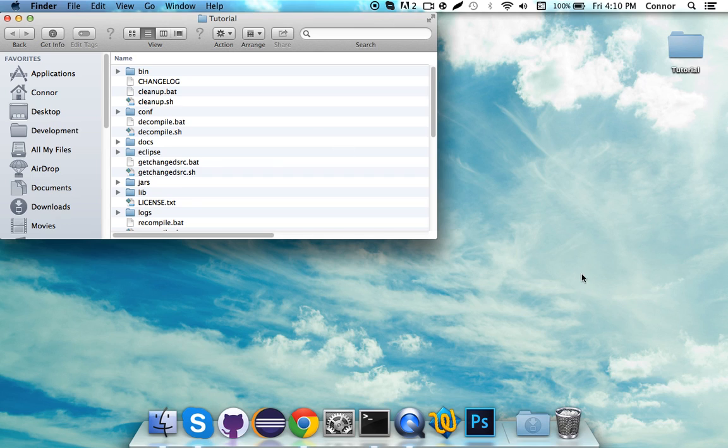So anyway, in this tutorial we're going to show you how to set up your MCP in Eclipse on Mac. So first off, you want to download the Eclipse IDE from eclipse.org. Once you have that downloaded, I have mine already